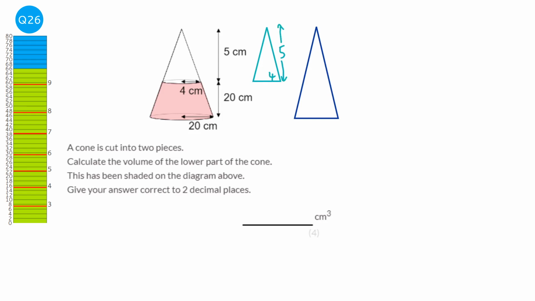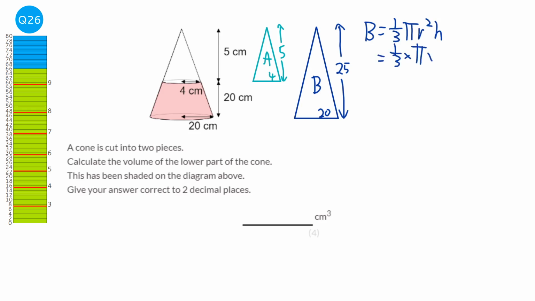And the radius for the larger cone is 20, and the height is the 20 plus the 5, so it would be 25. So I'm just going to label them A and B. And so why don't we work out the volume for B first? And the formula for the volume of a cone is a third pi r squared h, with h being the perpendicular height. So it's a third times pi times 20 squared times 25, which is going to be